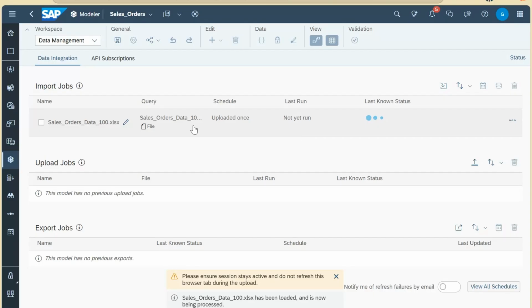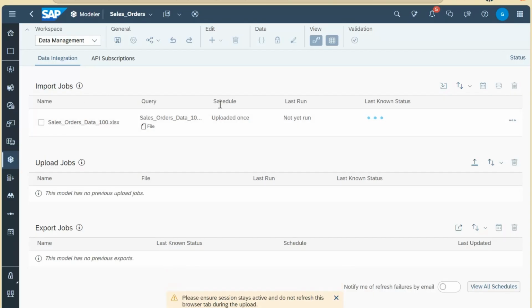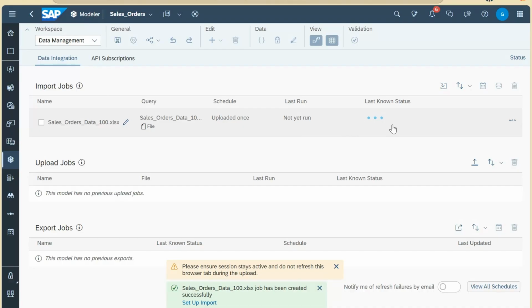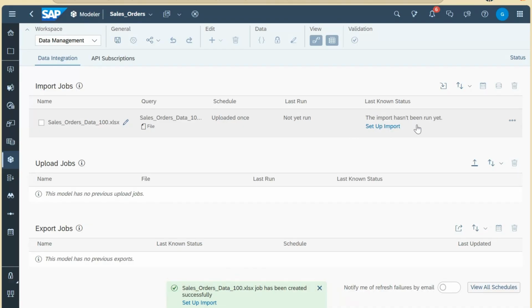Okay, so data is imported. You can see the import job is created. Now within this import job, you need to run the import. So this hasn't been uploaded to the model yet. It is still in the draft status because the model doesn't understand how the mapping is and all. So to do that, you need to set up the import. So you click on setup import,